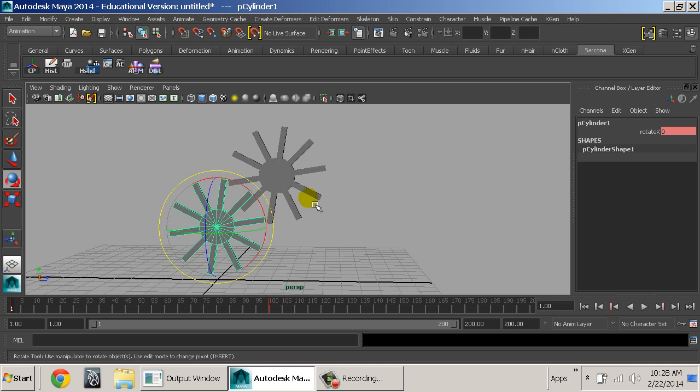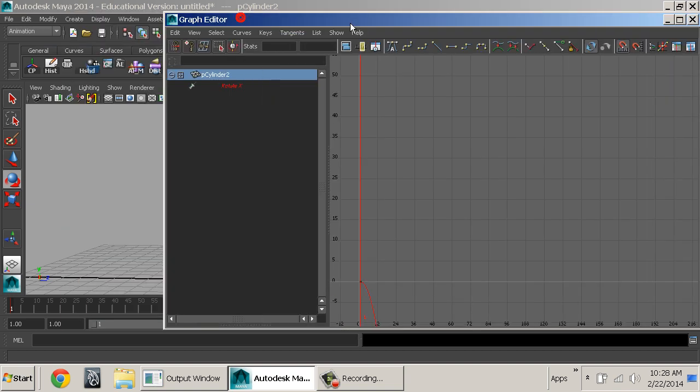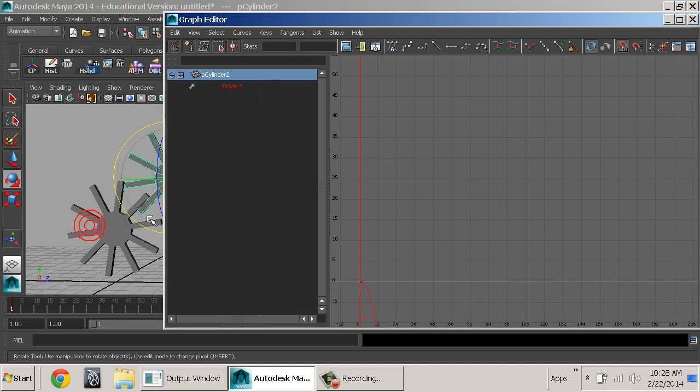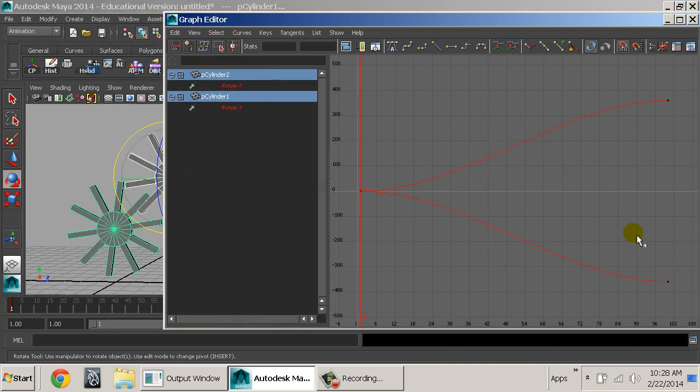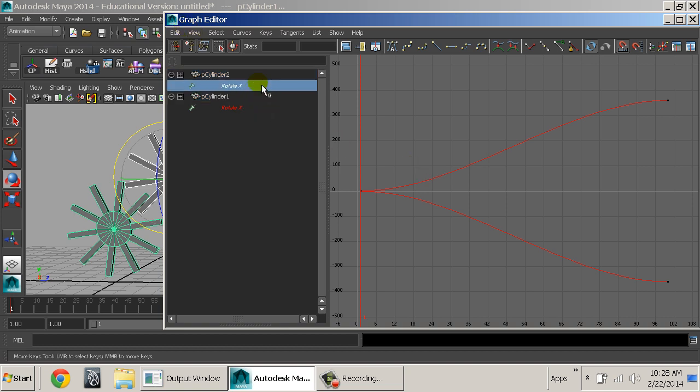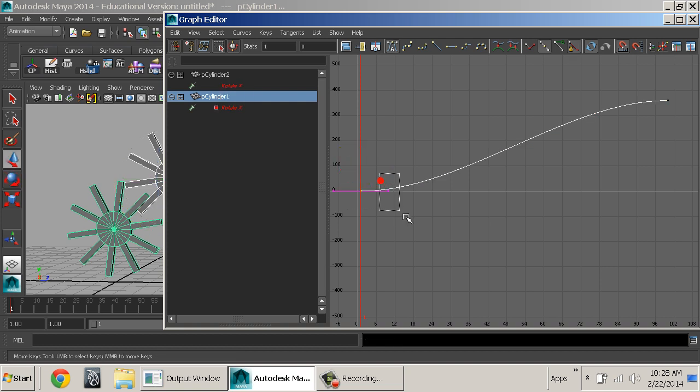So that's fine, the way we set this up, setting keyframes on this one and negative keyframes on this one. Let's look at the graph editor so you can see it. Here are the two graphs. One goes one way, one goes the opposite way because it's spinning in the opposite direction. But now let's say we had to change one of these. Let's say I took my master one here and I really wanted it to go really, really quick